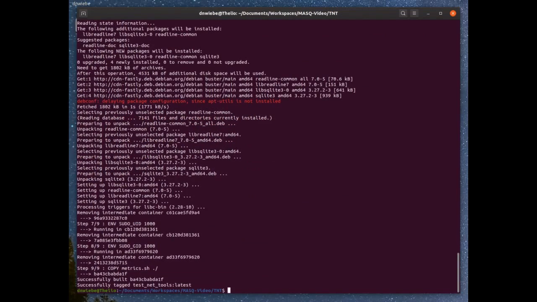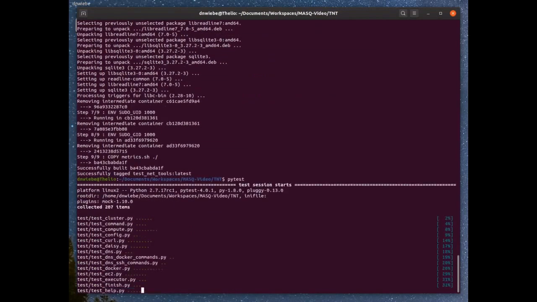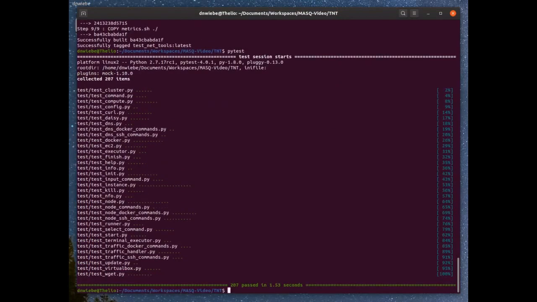So that should do it. Now let's see if the tests pass. And they do. So Docker is installed, and I'm sorry, TNT is installed, and its tests pass.